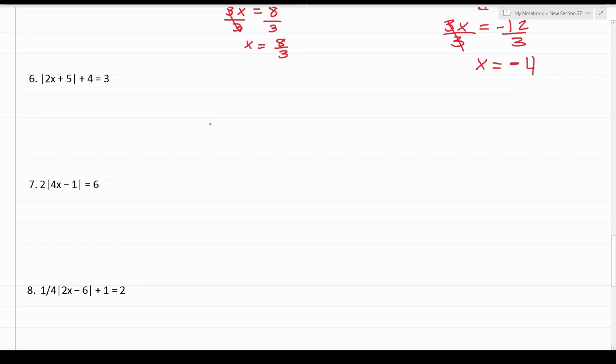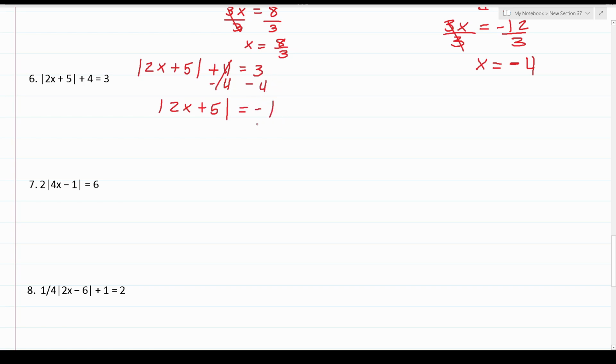All right, if we look at number 6, you can see we have the absolute value of 2x plus 5, plus 4 equals 3. Our absolute value in this case is not isolated, so we're going to have to do that. Let me just go ahead and copy that down over here. We have the absolute value of 2x plus 5 plus 4 equals 3. To isolate our absolute value, we're simply going to subtract 4 from both sides. This will cross out here, leaving you with the absolute value of 2x plus 5 equals 3 minus 4,